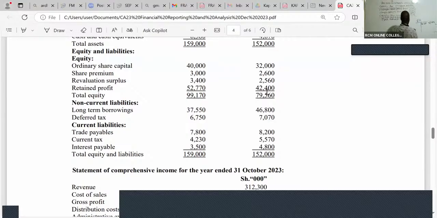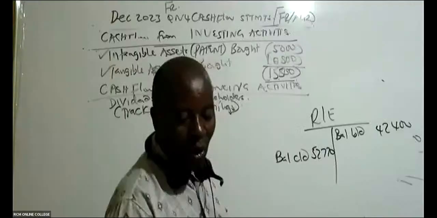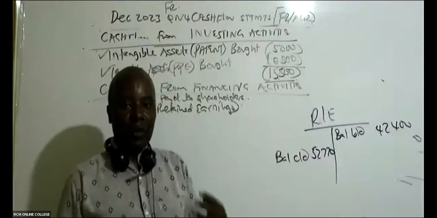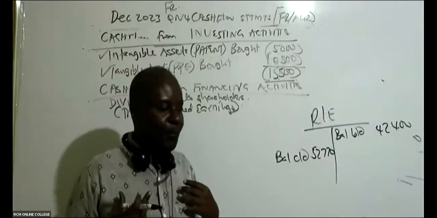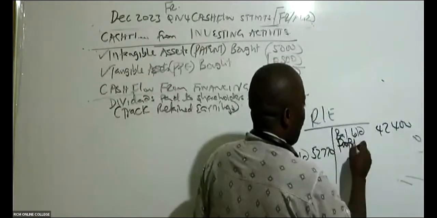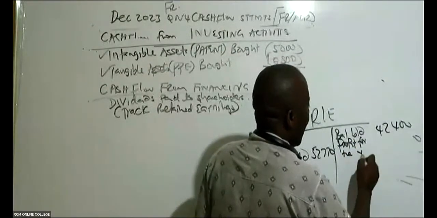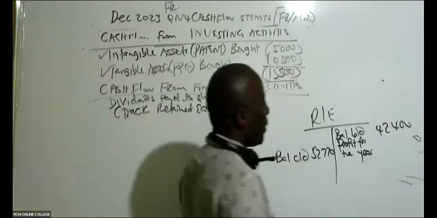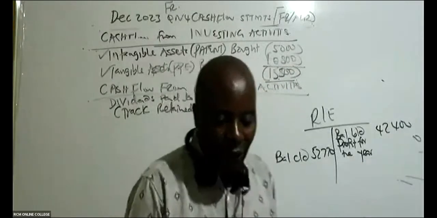And then we have balance carried down. So balance carried down for retained earnings. What do we have here? Balance carried down for retained is 52,770. Remember that these retained earnings will always increase because of the profits that we make in the year. So you give us here profit for the year. Go to your statement of comprehensive income and pick the profit